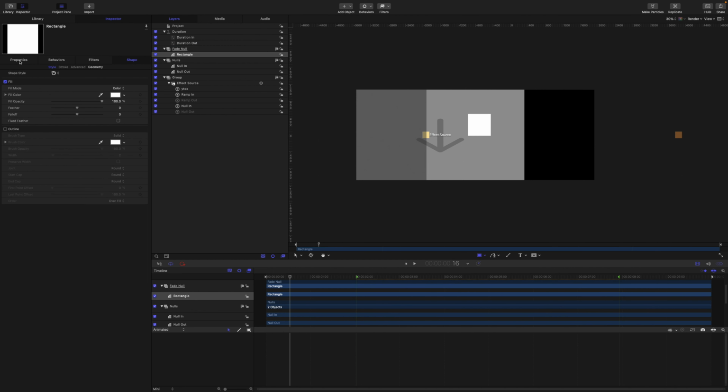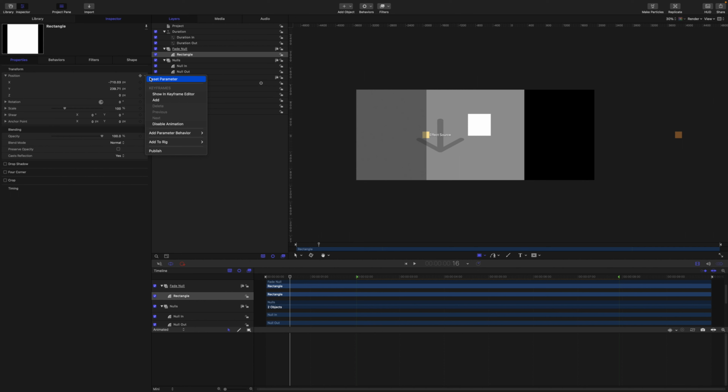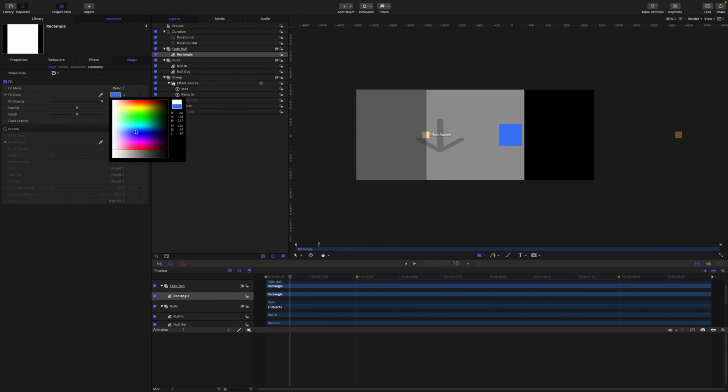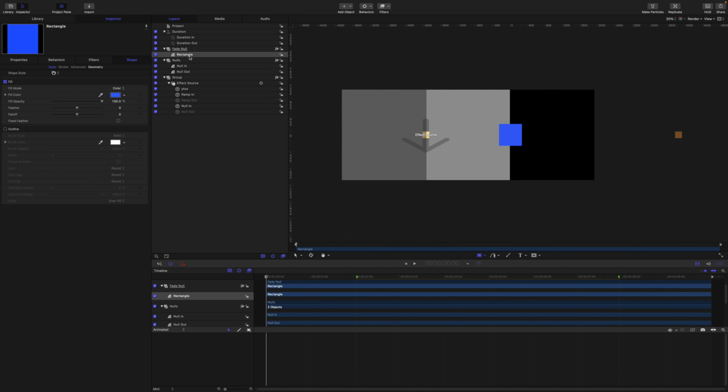Generally, when you're using a null layer, the layer itself is arbitrary. We just want to use it to link properties, that's all. I'll just center that, give it a color, and I'm going to call this fade null. I'll come to properties and